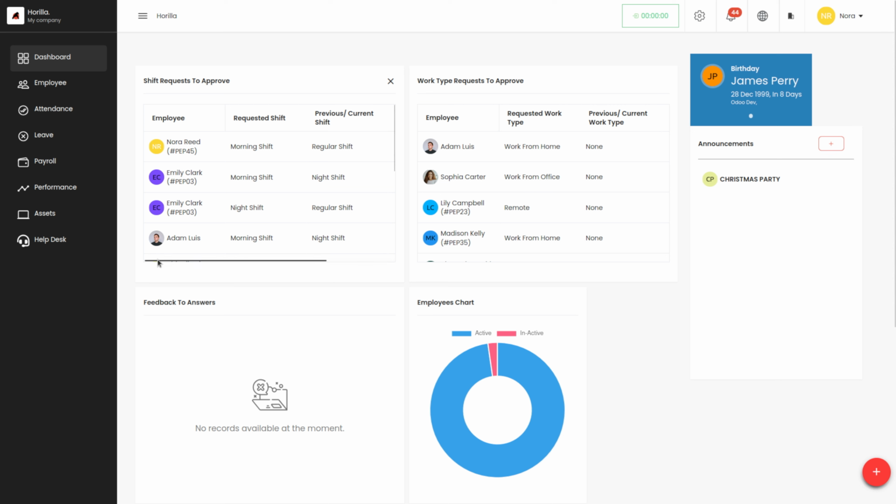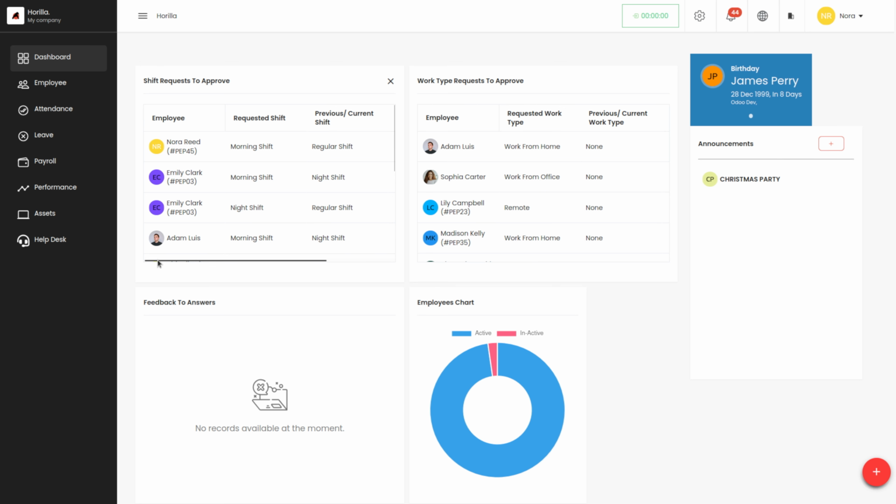Next, we have the stage managers or the task managers of the offboarding process, who will be able to manage only that offboarding process, only those tasks for which they have been assigned as the managers. The admin or the HR manager will be the one responsible for assigning the employees as the stage or task managers. Once an employee has been assigned as the manager for an offboarding process, they will be able to manage that offboarding process from their profile. So, let's see that by setting Nora Reed as a manager of an offboarding process.